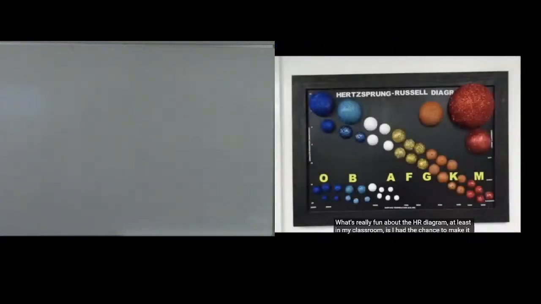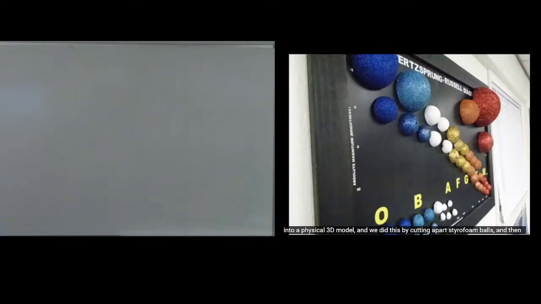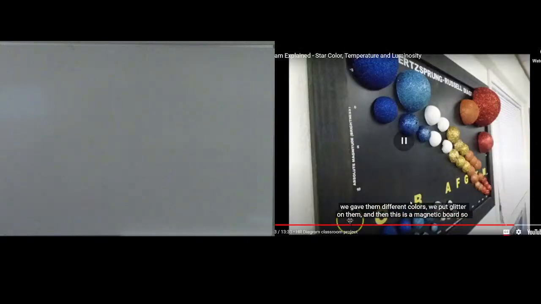What's really fun about the HR diagram, at least in my classroom, is I had the chance to make it into a physical 3D model, and we did this by cutting apart styrofoam balls, and then we gave them different colors, we put glitter on them, and